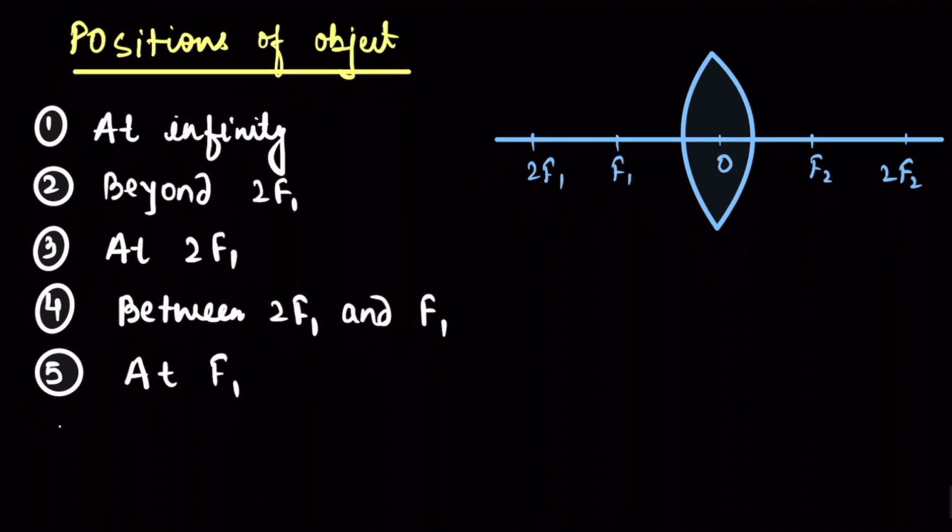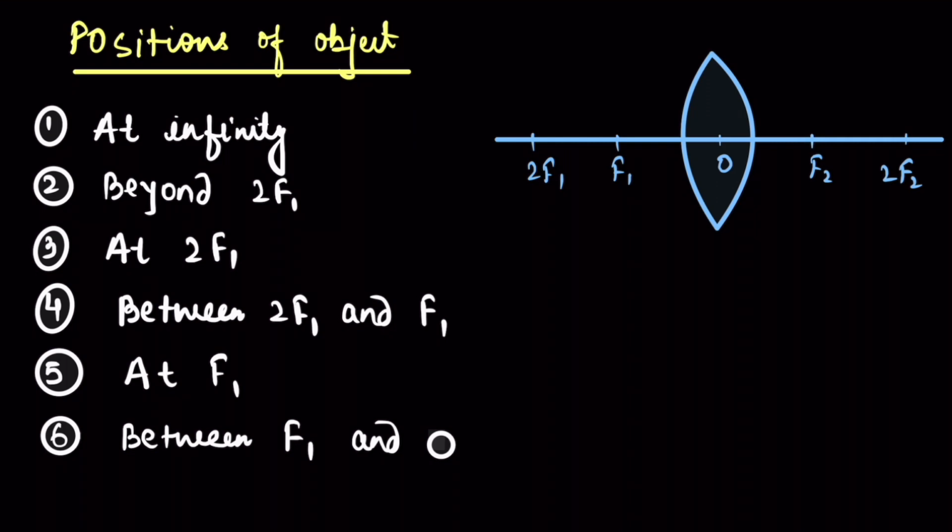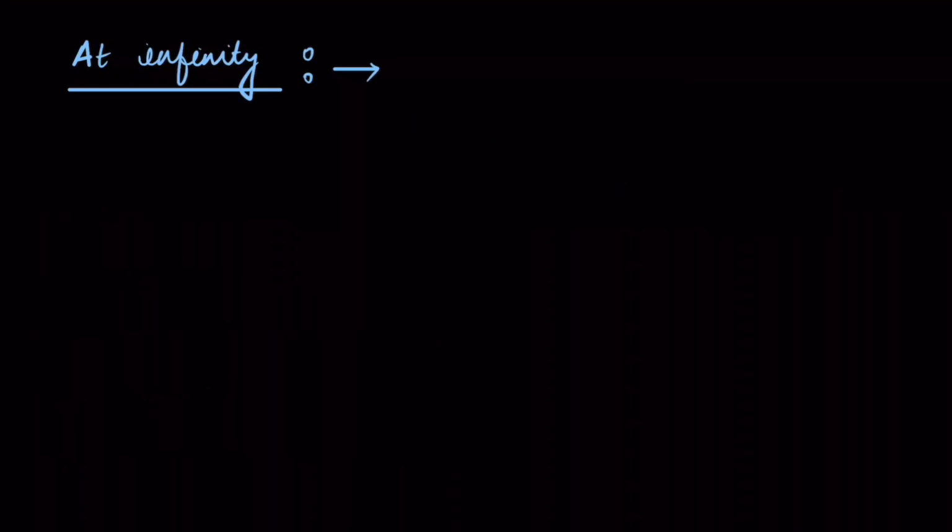And the sixth is when the object is between f1 and O. So there are a total of 6 positions of the object. One by one, we will draw the image formation for each position of the object. Let's start with the first one, when the object is at infinity. So when the object is at infinity, it means that the incident ray